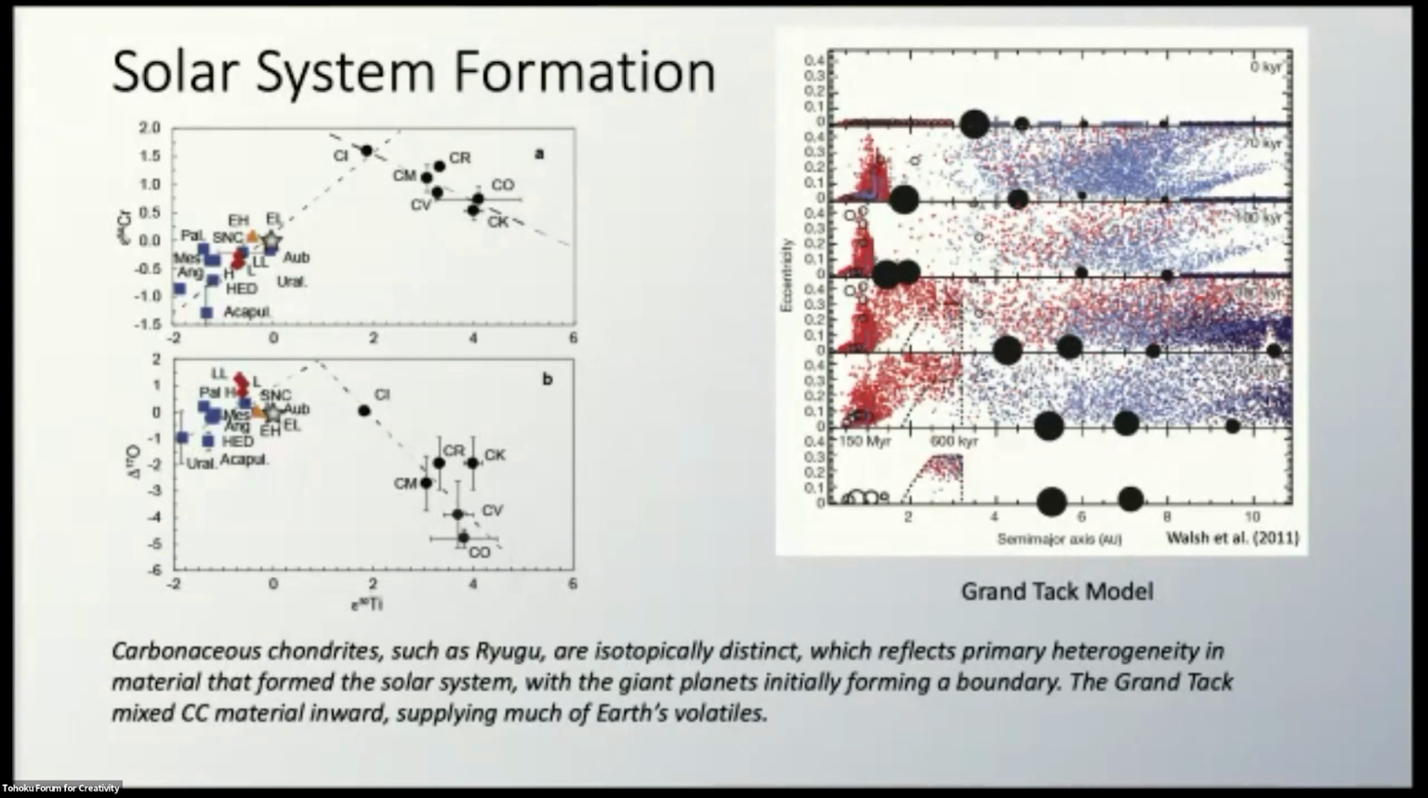And it turns out, what we think is, this is the outer solar system, this is the inner solar system. And a widely accepted model now is the Grand Tack model, where the formation of Jupiter and Saturn, first of all, formed initially a boundary between the outer and the inner. And then the giants migrate inward, sort of mix everything. And the result is that we get